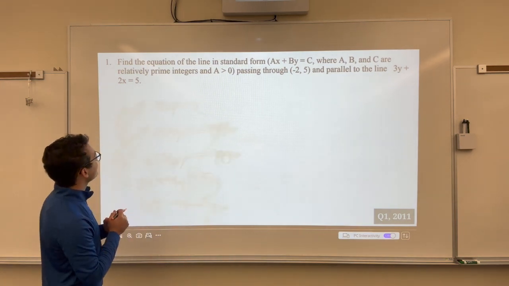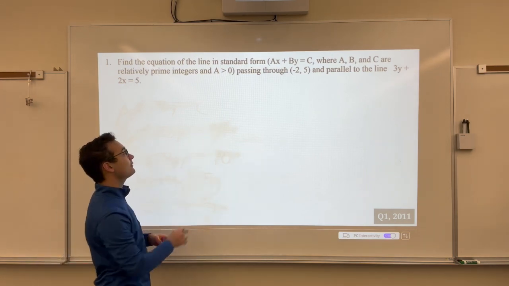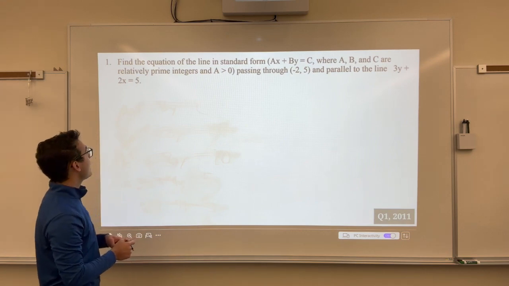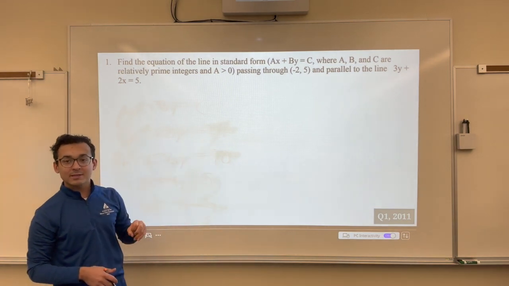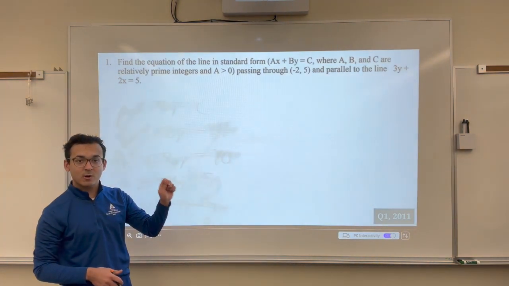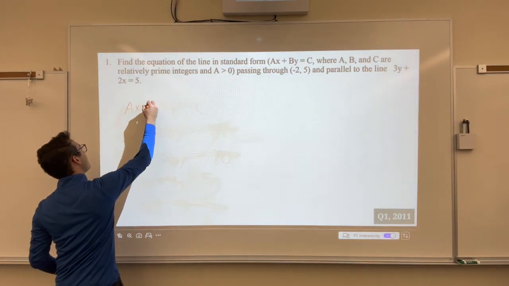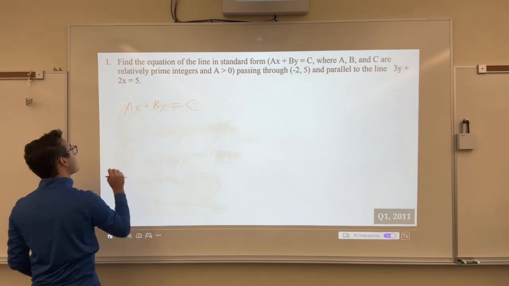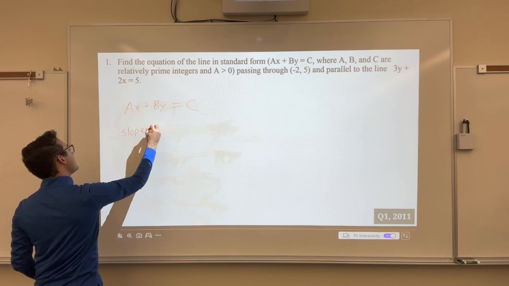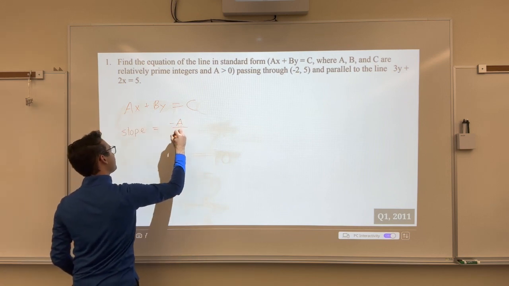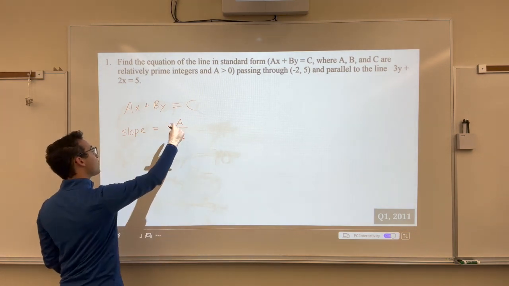So the question asks us to find the equation of the line in standard form passing through the point negative 2, 5 and parallel to the line 3y plus 2x equals 5. So to be parallel to that line, we're actually going to need the same coefficients for x and y. So in standard form, as I had written here before, ax plus by equals c. The slope is defined by these two coefficients. We would say slope is equal to negative a over b. And for two lines to be parallel, they need to have the same slope, so therefore a and b must